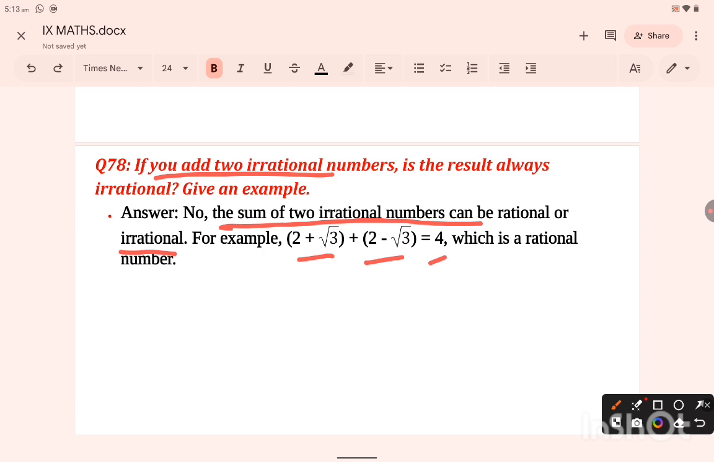Therefore our answer is no. The sum of any two irrational numbers is not always irrational. Okay. So